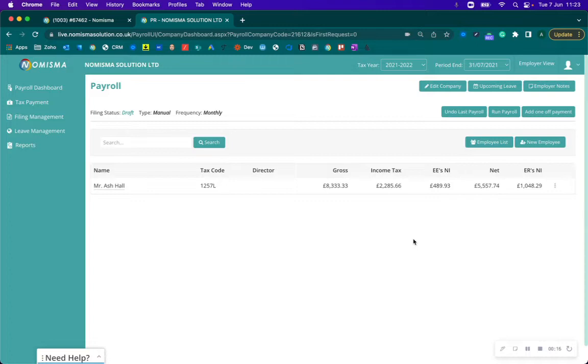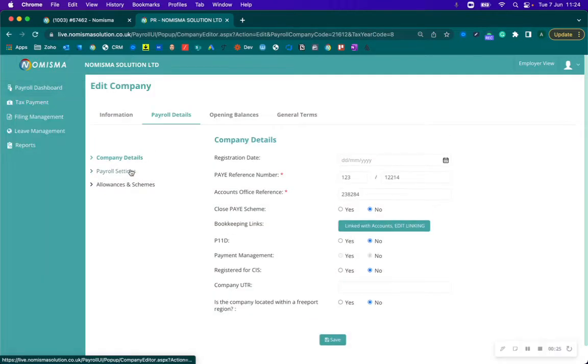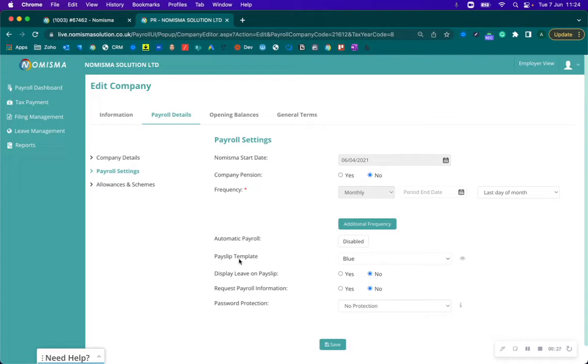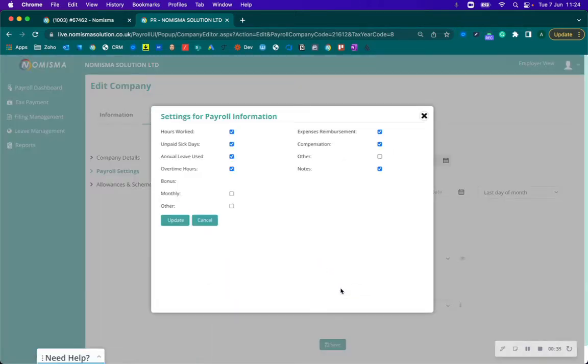So, this feature can be enabled within a Nomisma payroll profile by going up to Edit Company and then selecting Payroll Details, followed by Payroll Settings. And here you'll notice there's now the option for request payroll information. So you can go ahead, change that to yes, and you'll be presented with this menu here, which is a